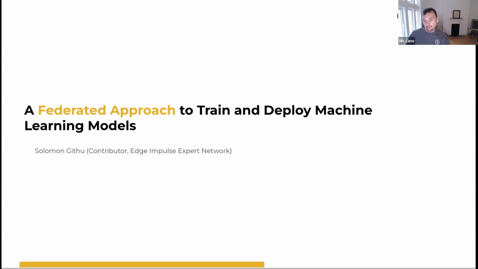And so I was really quite interested when I saw Solomon's tutorial on federated learning, where he showed how you can use things like Raspberry Pis under a federated setting. And of course, it really warmed my heart to see that the framework he used was that of Flower. And so I couldn't wait to invite him to speak to you all. So Solomon, thank you so much for joining us today. I'm happy to hand the floor over to you and see what you have for us this evening.